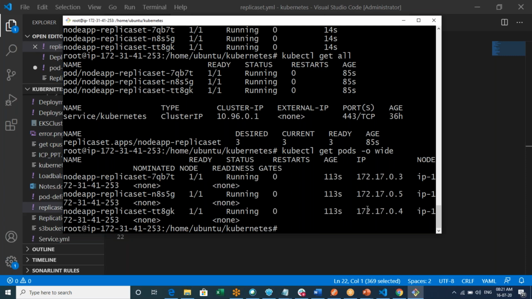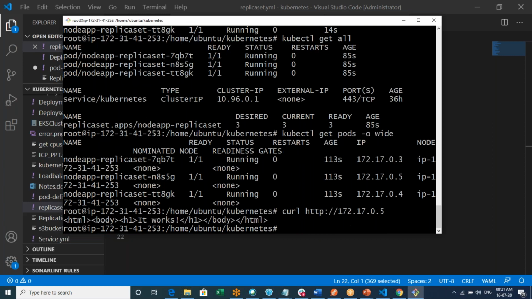So it is the same node, but the IP addresses differ. So you can run this over HTTP with 172.17.0.5. Any IP address you can use and make it work. So that's how it is.